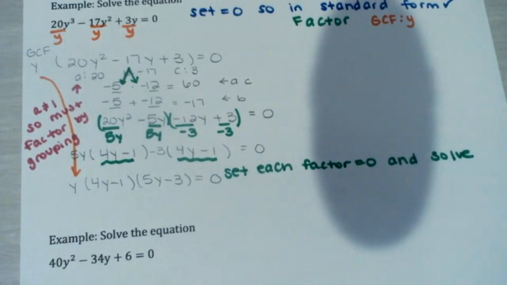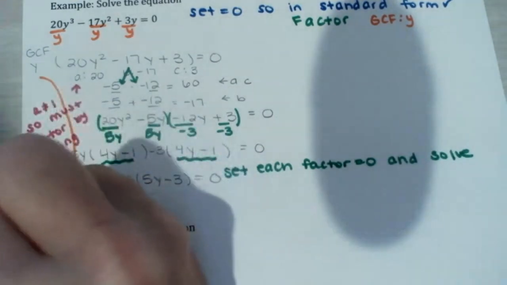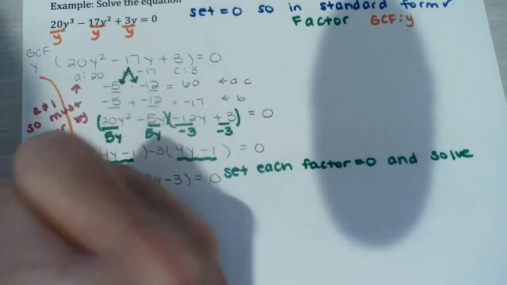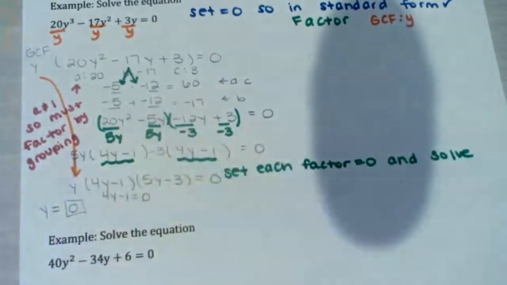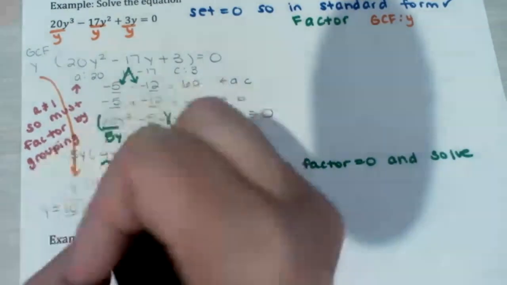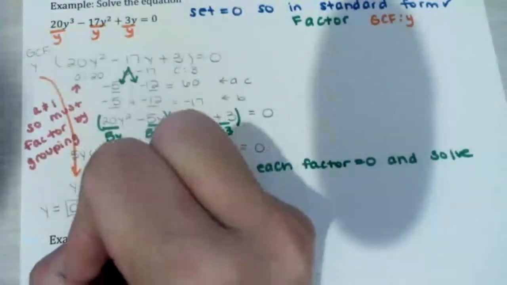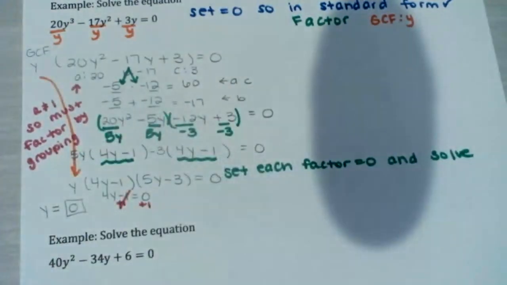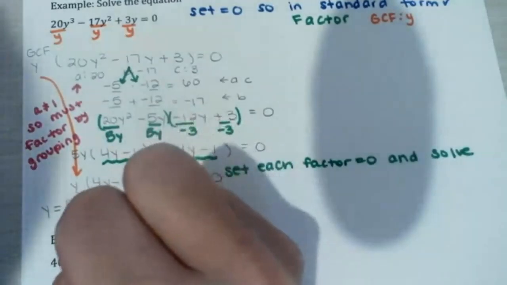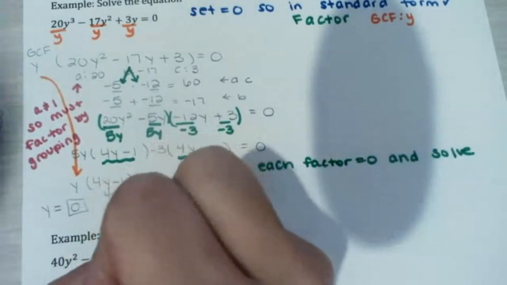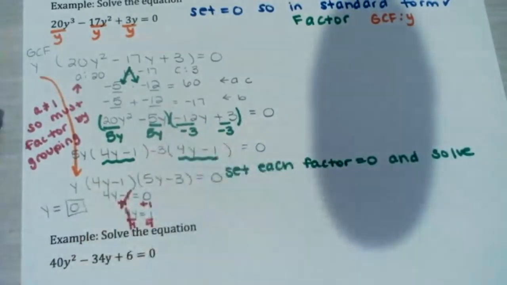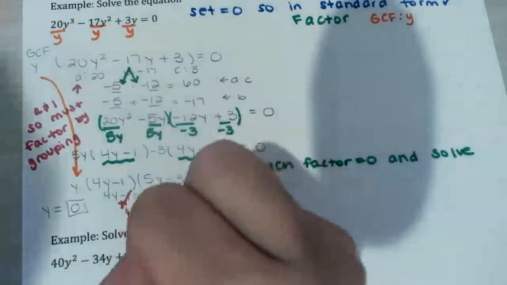Our first factor is y, from our GCF. So y equals 0. So 0 is one answer. Our next factor is 4y minus 1 equals 0. Getting y by itself, we could add 1 to both sides, that way those cancel. So 4y equals 1. We can divide both sides by positive 4, that way the 4's cancel. So we're left with y equals 1/4